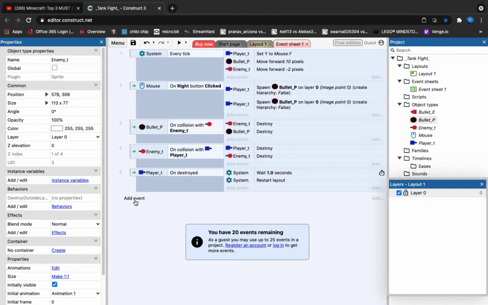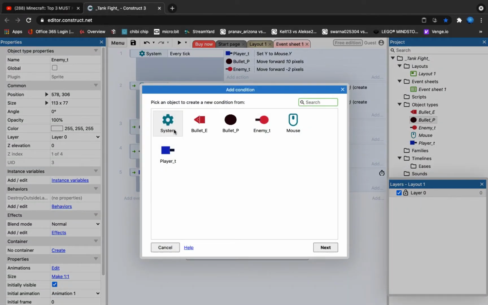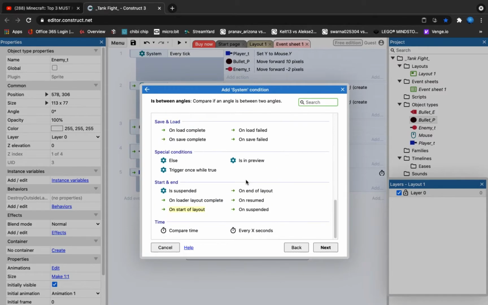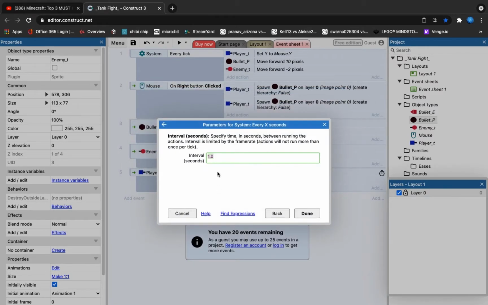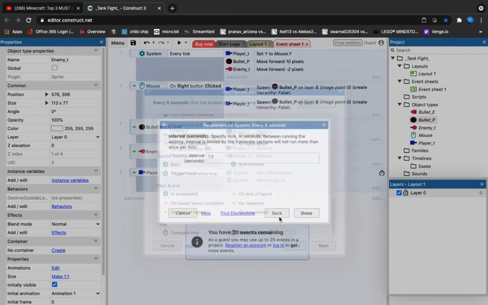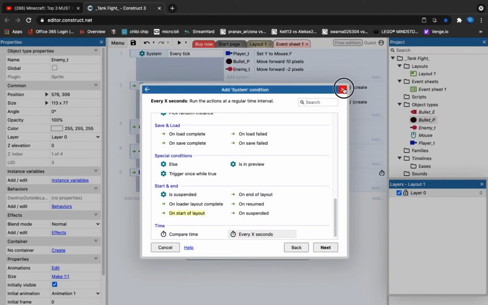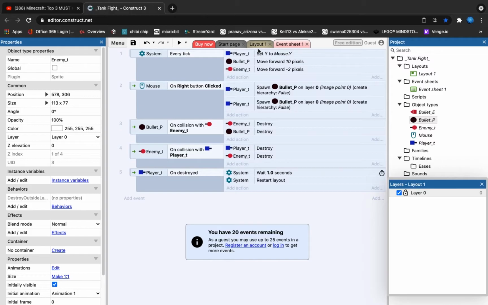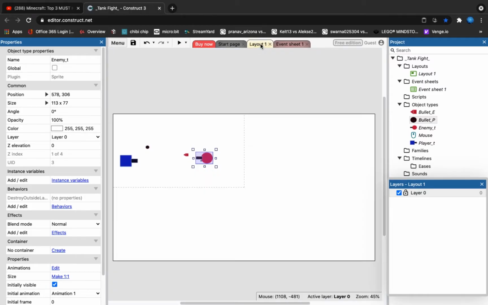Go to add an event, then system, and scroll down to every x second. After choosing every x second, before that I just want to show you something. Close it out. After we go to the layout, if we move the mouse beside the end where the enemy will spawn, it is close to